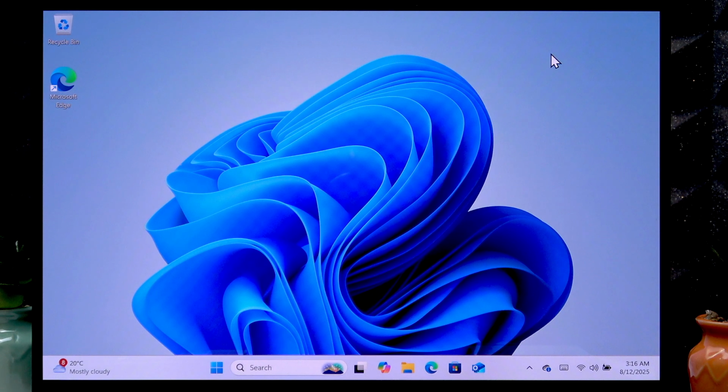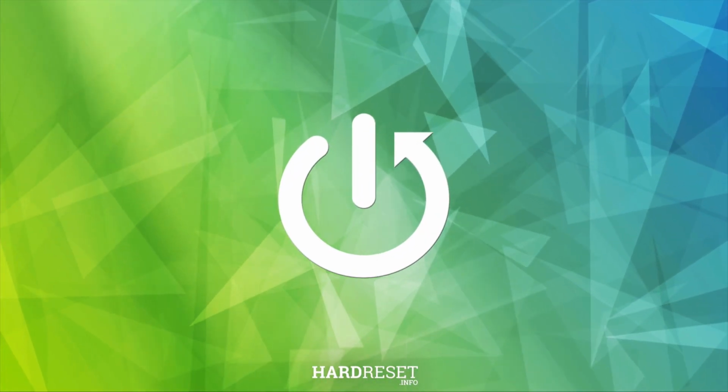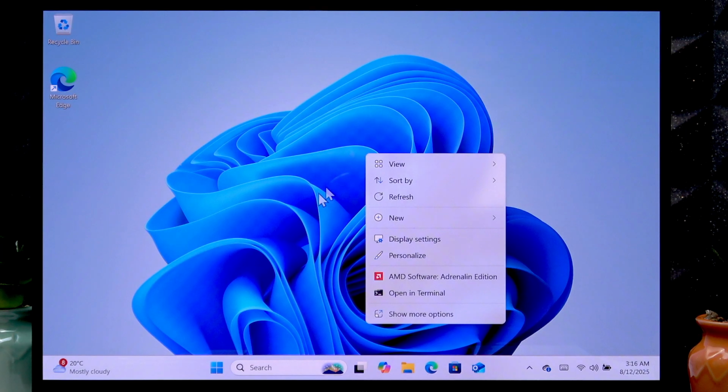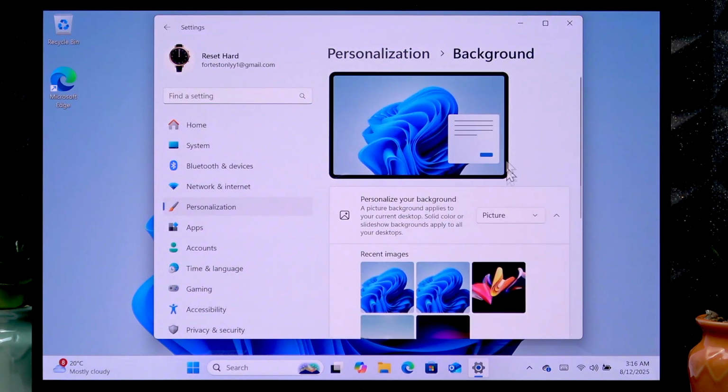Welcome, in front of me is ASUS ZenBook A14, and in this video I will show you how to change wallpaper on this laptop. To do this, right click the empty space on your desktop, then select Personalize, then go to Background section, and